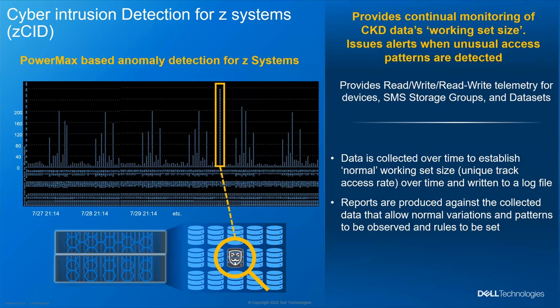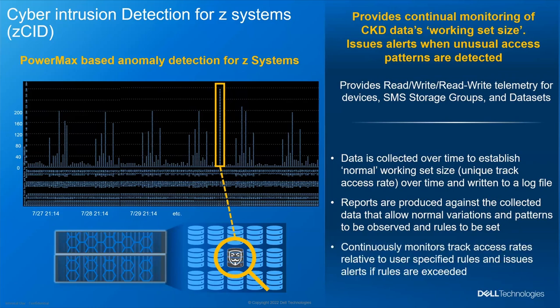And that's not something that you can get from I/O rate, because I/O rate is just the number of IOs, right? How many unique tracks are touched? If all of a sudden you see your master file being accessed from top to bottom at a time of day or a day of week that's not normally done, that's something you might want to know about. And we will alert you to those facts by you having written rules that say, if this is what I normally expect to see, and since we're continually monitoring against those rules every hour, every half hour, whatever interval you set,